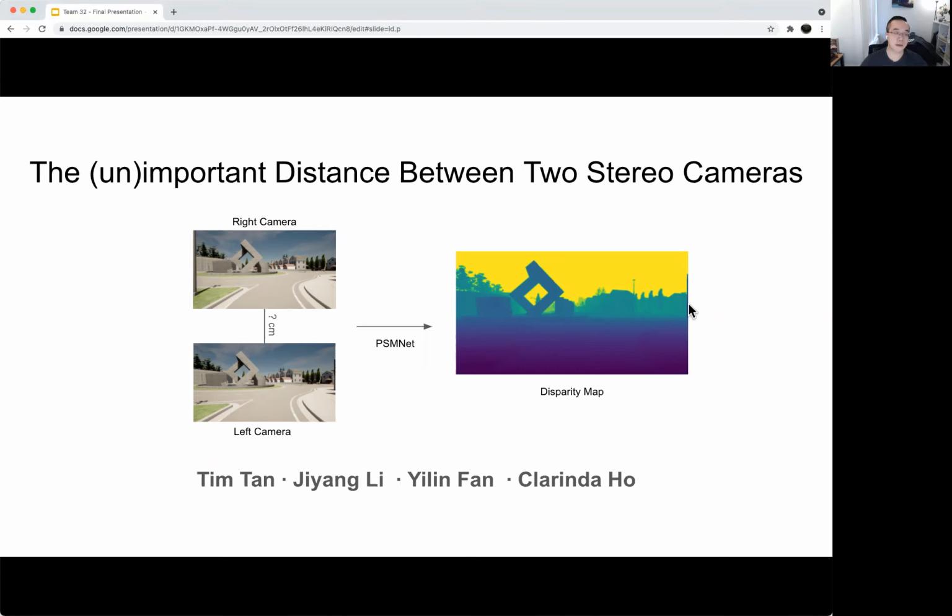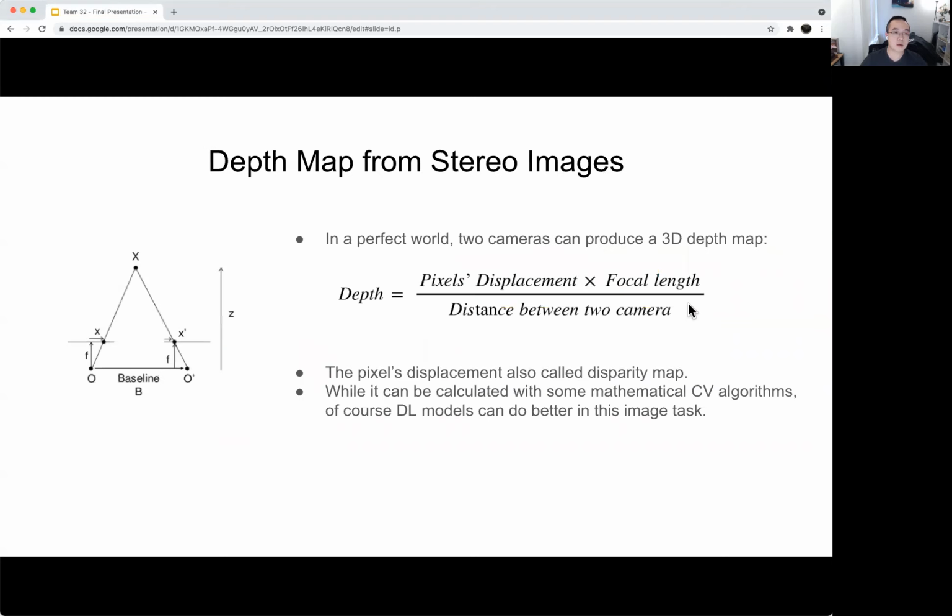Our topic is this important distance between two stereo cameras. So in a perfect world, two cameras can produce a 3D depth map. The pixel displacement between two images is also called disparity map. It can be calculated with some mathematical computation algorithm, but of course, deep learning model can do better in this